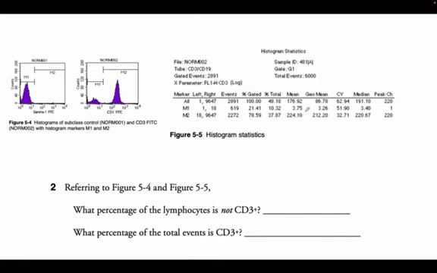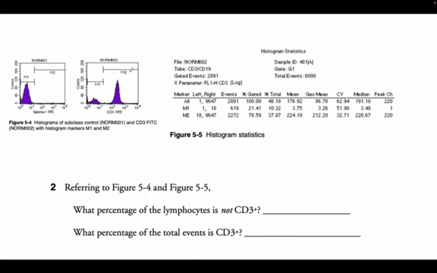And here it is giving me the fluorescence characteristics. It is telling me that the mean fluorescence intensity for this population is 3.75,